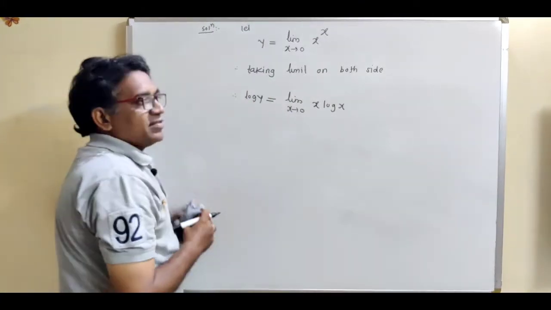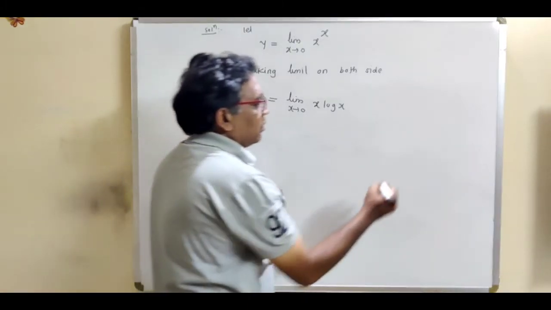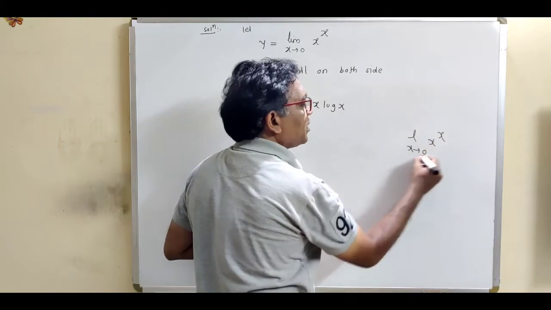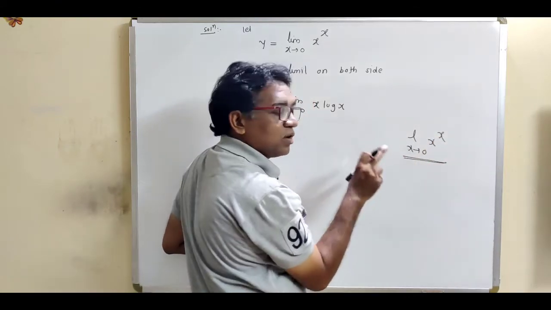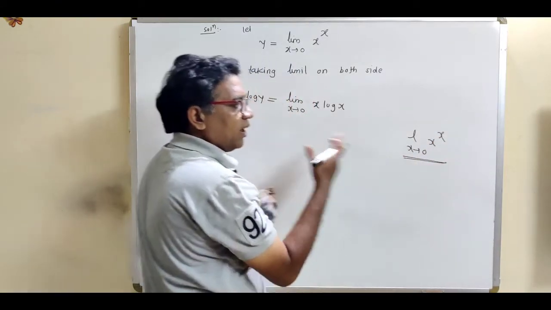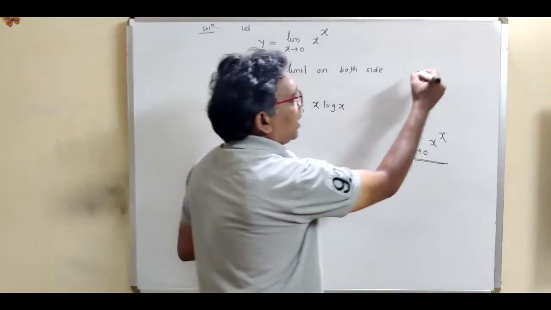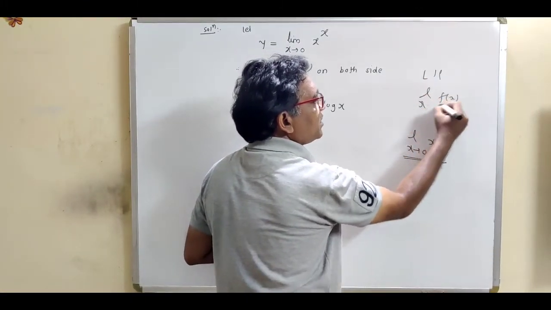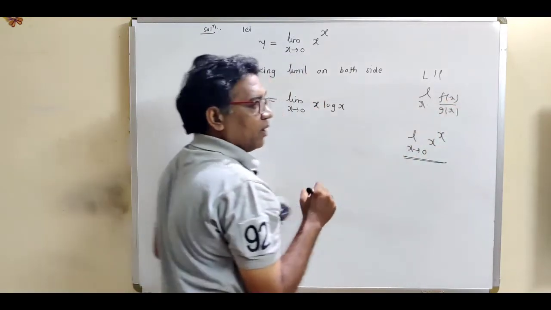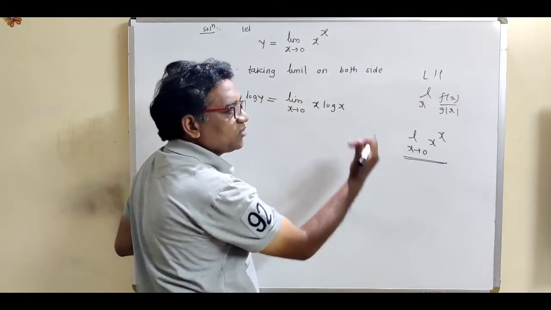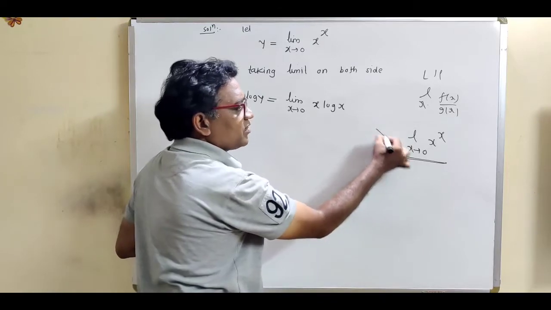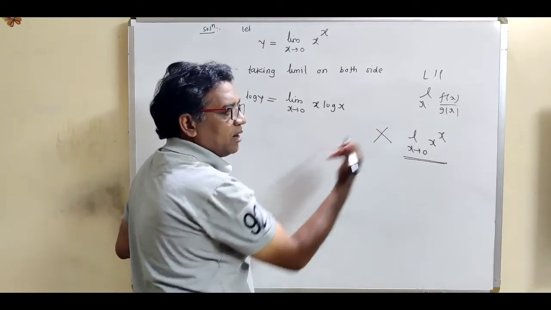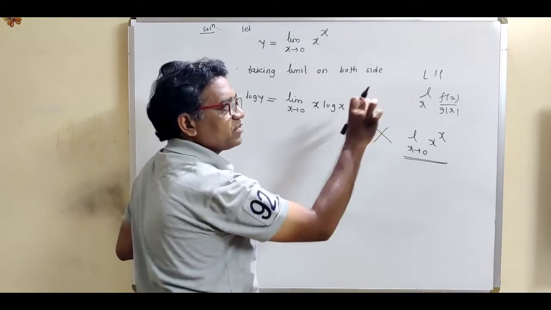So see what is the given example. We are given the limit form in terms of function raised to another function. Now this is not the proper form for L'Hopital rule. For L'Hopital rule, we require this division form, which is the standard form. Now this is not division form. This is function raised to another function. So this is not the proper form. So first of all, convert this form in terms of the proper form, which is the division form.